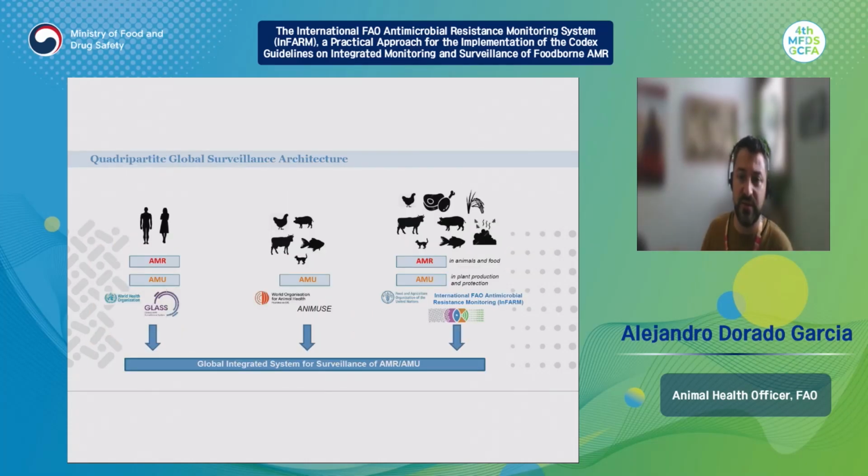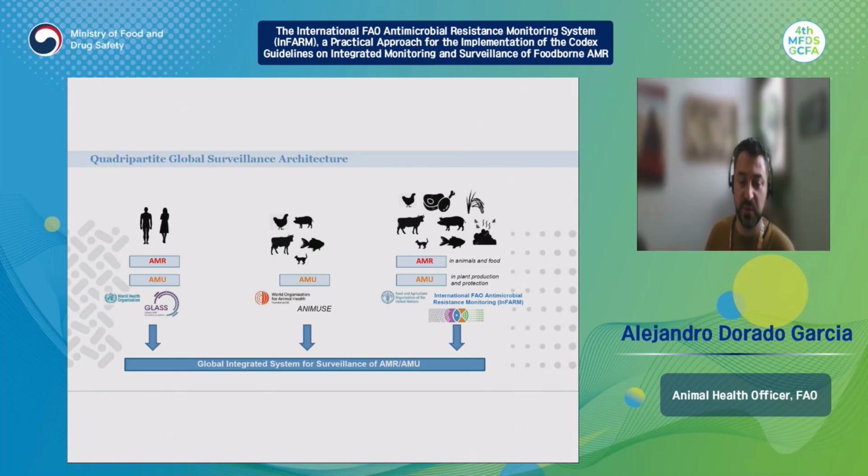As we know, there is a need for integrated surveillance of antimicrobial resistance. We need to have a One Health approach. We need to generate evidence across the different sectors to have interventions that comprehensively address antimicrobial resistance. So for this, FAO is working closely with the quadripartite organizations, with the World Health Organization, the World Organization for Animal Health, but also with the United Nations Programme for the Environment, UNEP. And we are working on a number of integrated surveillance initiatives.